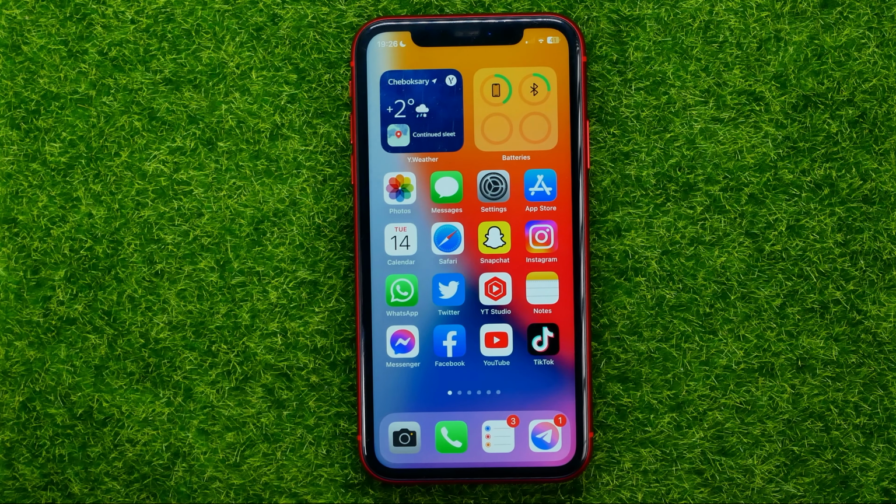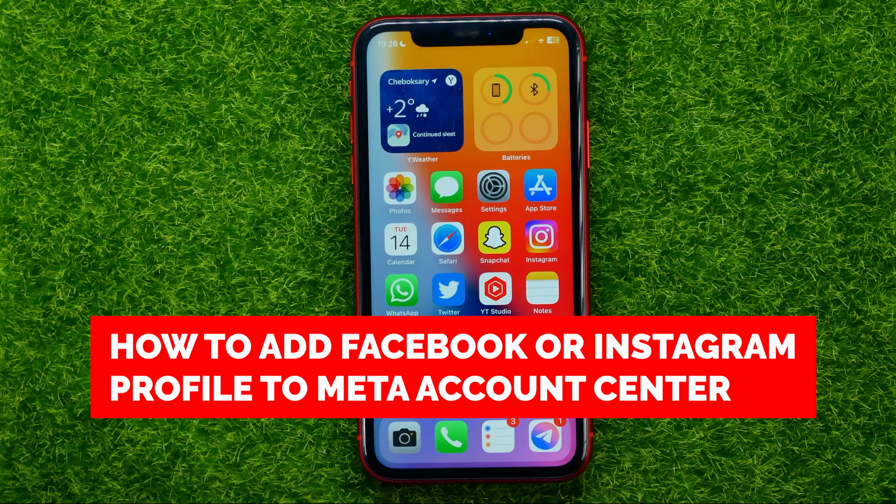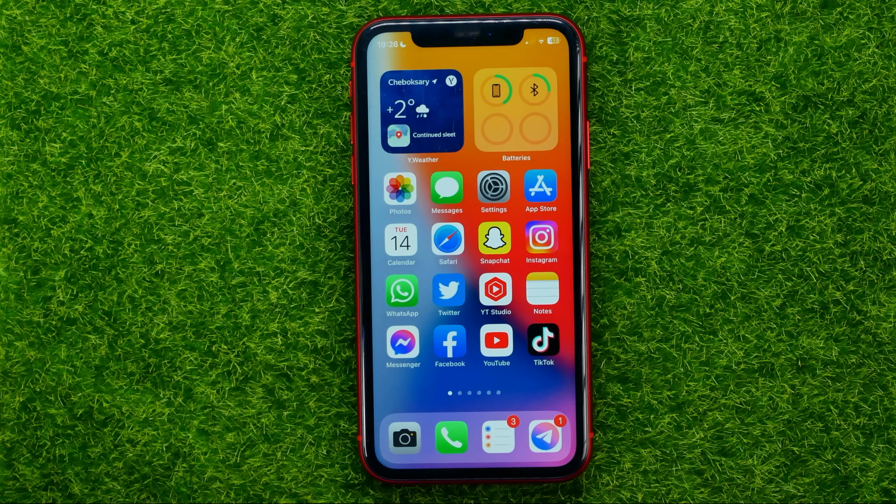In this video, I'm going to show you how you can easily add an Instagram profile or Facebook profile to Meta Account Center. Be sure to watch the video to the very end so you don't make any mistakes, and